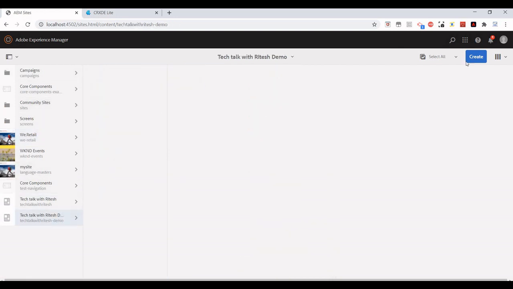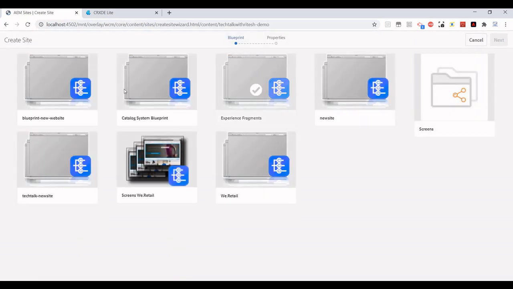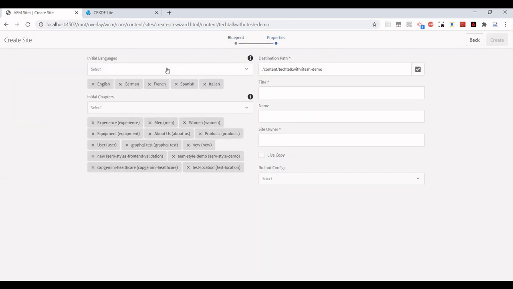And let's create a site with the new blueprint we have. It is coming here, blueprint new website. Just select it, click on next, and here whatever we have in our blueprint, we have multiple languages and multiple chapters available. We can select or unselect as well, but I'm not going to modify anything over here.